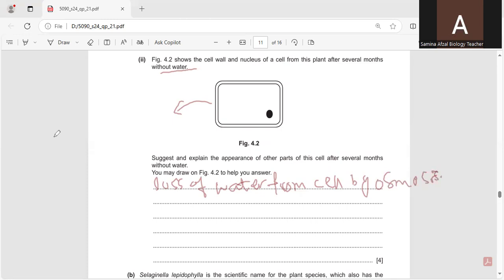So due to loss of water, the cytoplasm will shrink and then the cell sap or vacuole will shrink